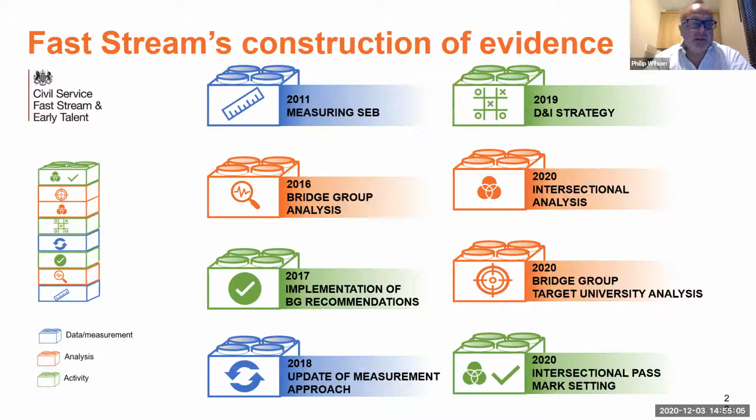And then finally, just to mention intersectionality again, and this is something that's very recent for us. When we do pass mark setting for, let's say, the graduate program, we've been looking at specific diversity categories for quite a few years now. So you could look at ethnic minority performance. Is it higher or lower than the white group performance at different stages, from our online tests to video interview to assessment centers? How does that look? So we've been doing that, but actually we wanted to take it further and look at the intersectional elements.